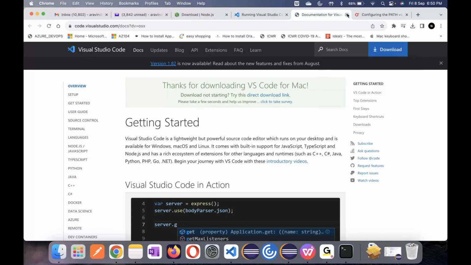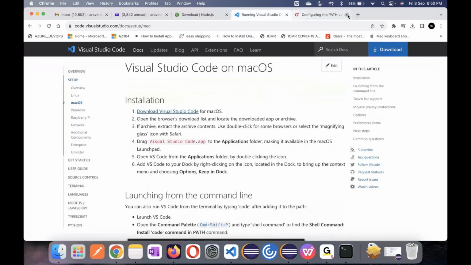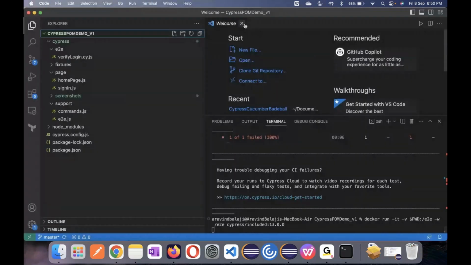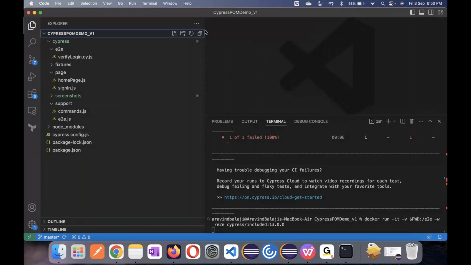Okay. So these are the two things that we require mandatorily: Node.js for your Cypress installation and VS Code for your editing purpose. So once we have the VS Code, right? So basically, when we have the VS, sorry,